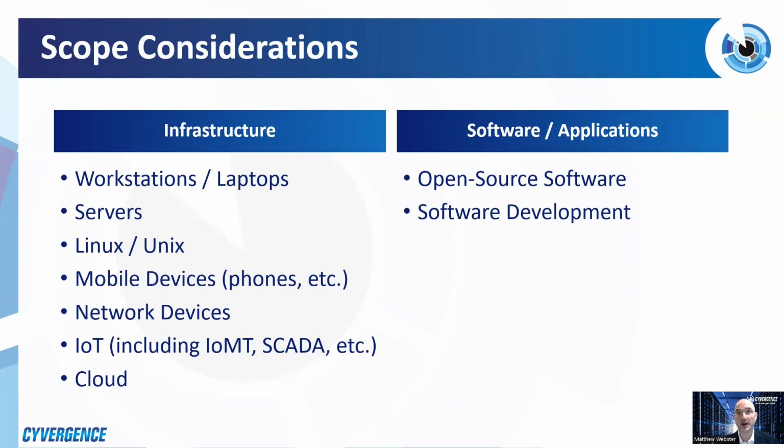be incorporated as well. On the software side of the house, there are two main things to take into account: open source software and software development. Open source software is used by almost every company today. What they're doing is they're grabbing software that's being developed by anybody in the world and pulling that into their environment and using that as a building block to create a stronger, better environment for the organization. So from an open source standpoint,